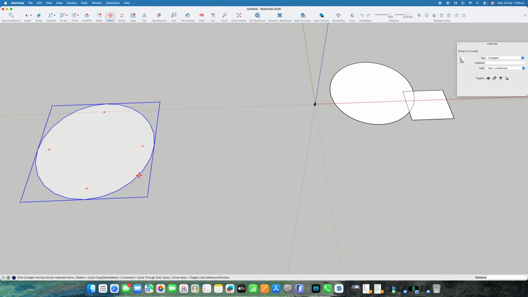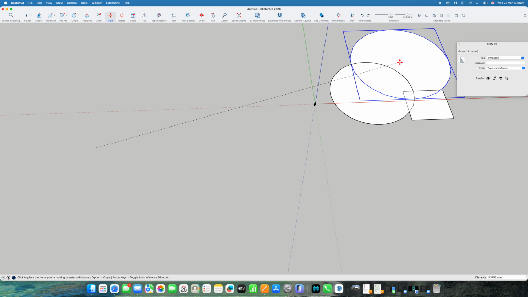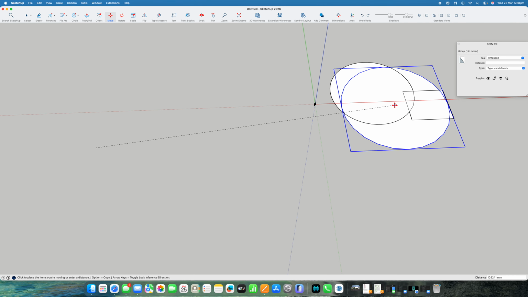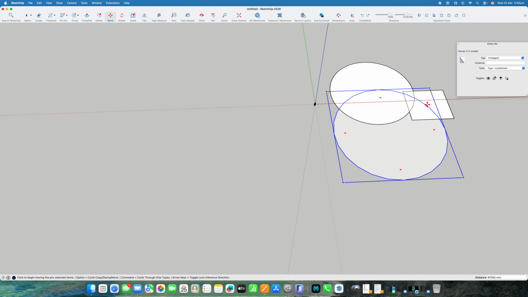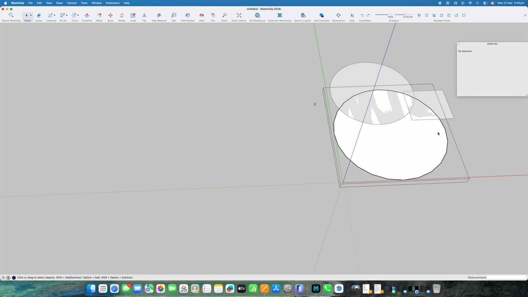I can hover over the external line until it shows me the center line, come in, and it'll snap to it. So I can grab the center line, bring the center line to where I want it. Okay, and then if I do that, to change the number of segments or the radius, I've got group one in the model. If I double click, now